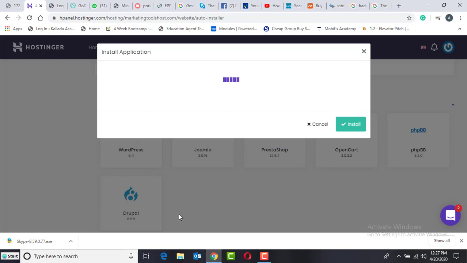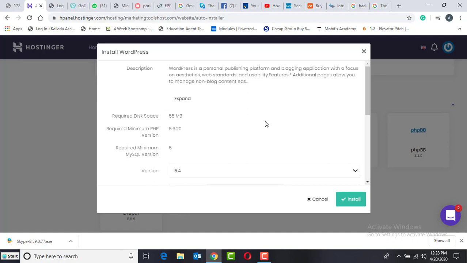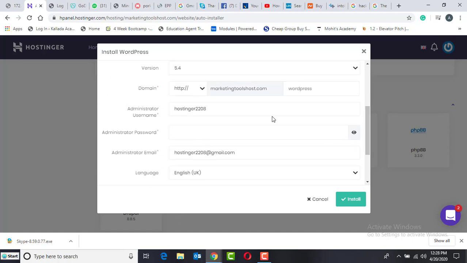So let the installation details come. Once you do this, this is your domain name. I want to change this administrator username to marketingtoolshost. I'll just give my password.